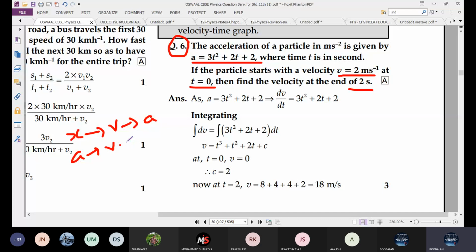Now you feel somewhat difficult, ma. I can understand, but it is easy only. You don't worry. We'll discuss so many problems, different categories are there. Then you get some idea. This is physics, we want to try like that. I am giving so many problems in different patterns also. Already I said we are not focusing only on board exam; we are focusing on board exam as well as competitive exams.